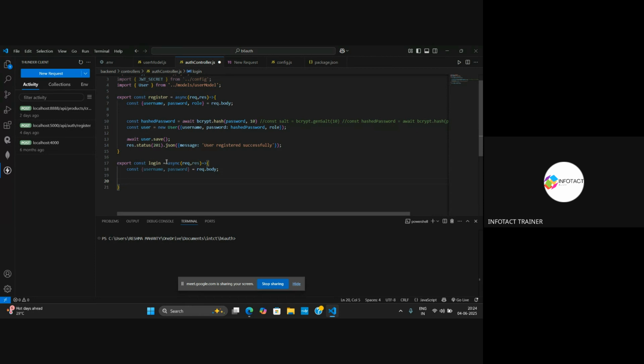So after this, by now the user has provided his username and password to the server. And now what is the work of the server? The server will check if the username is already existing inside the database. And using the variable user, we will store await dot